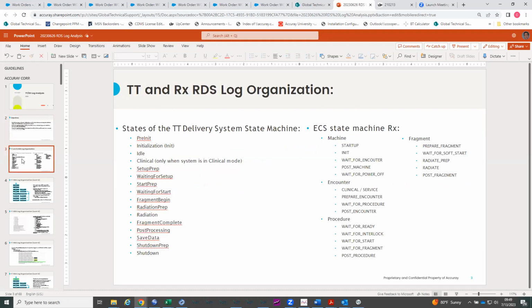This slide shows just a quick outline of the different states comparing Tomotherapy to the Radixact machine. We'll go through each one of these in great detail in the following slides, but the point here is to show you that while Tomotherapy is a complete, basic flow chart, Radixact's a little more complicated, has a few extra states and some other items going on at the same time. So jumping into the Tomotherapy,